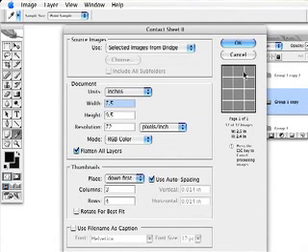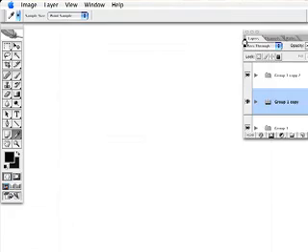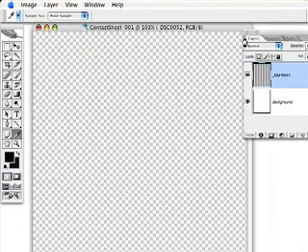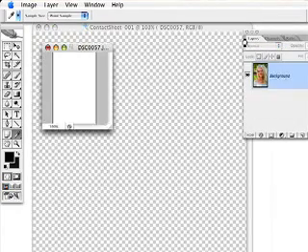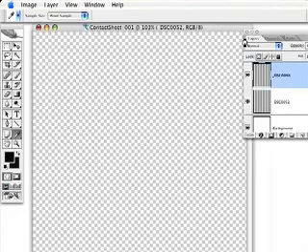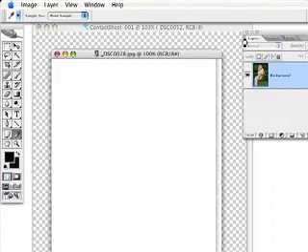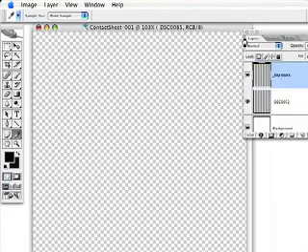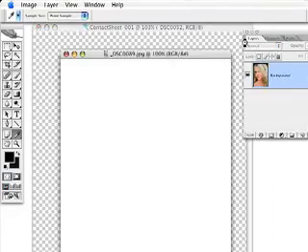It'll just take a moment. It's going to go through all the images, and this is the main reason I did it at 72, so it didn't take too long. But what I'll end up with is a document with all the contact sheet photos on a separate layer. And once that's done, then I can start using that to build on.